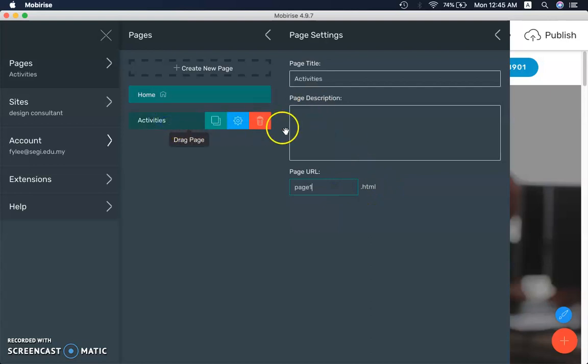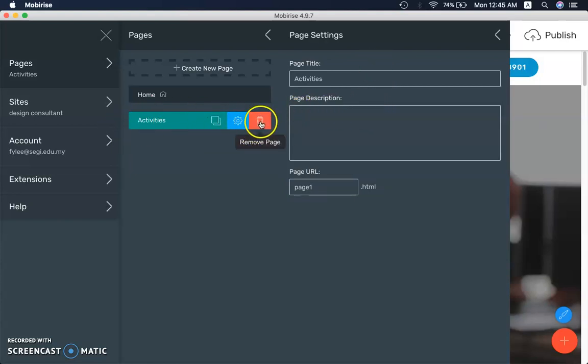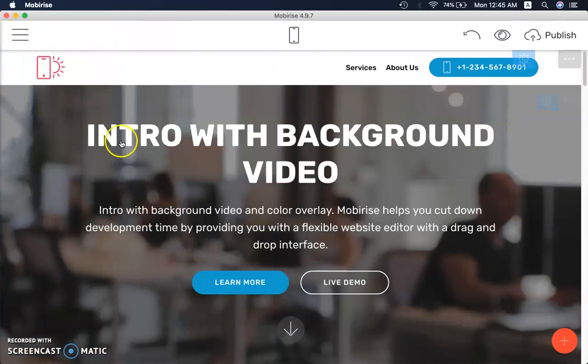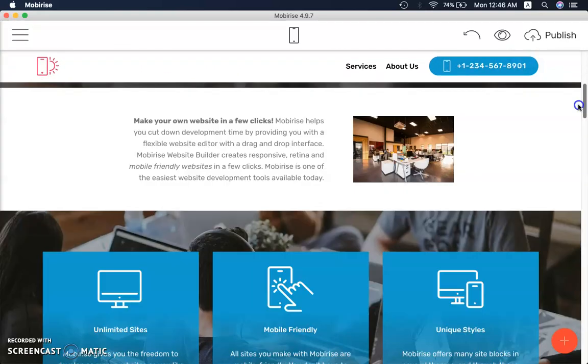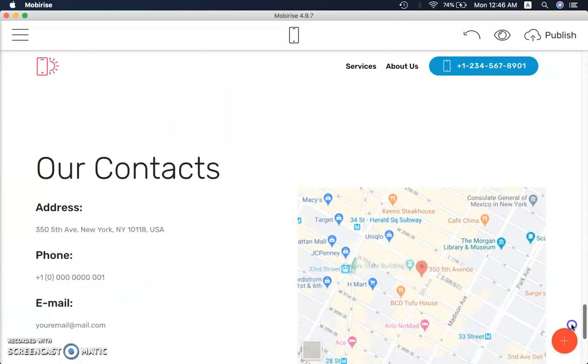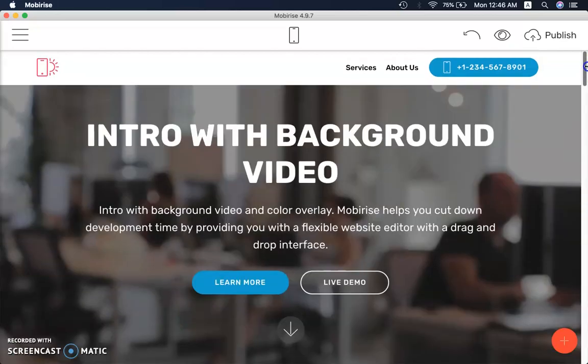And as for the activities, you can do the setting. And if you don't like this page, you can just hit the dustbin to remove the page. So when this page is still selected, you just close it. This page is the activities page, and I would say you duplicate it because there are certain